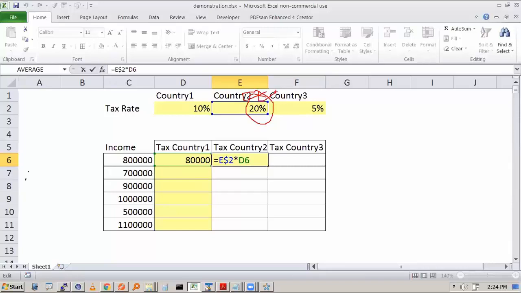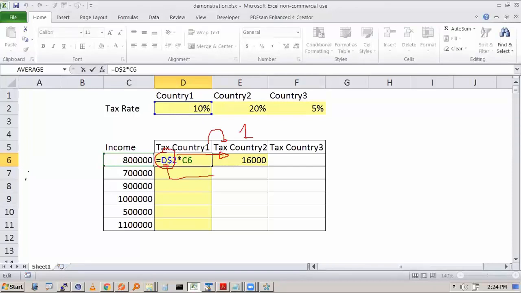Why is this perfectly dragged? For that you have to understand here. See what was here, $2, and from here you have moved one column. There's an increase of one column. So any formula which has this, it will increase by one column. So D will increase by one column, meaning D will become E. We are not changing the row, so it will remain as $2. What about C? C will become D, and C6 will remain 6.